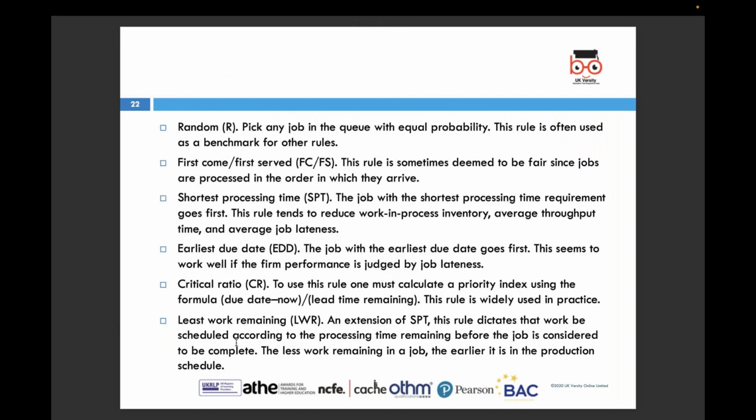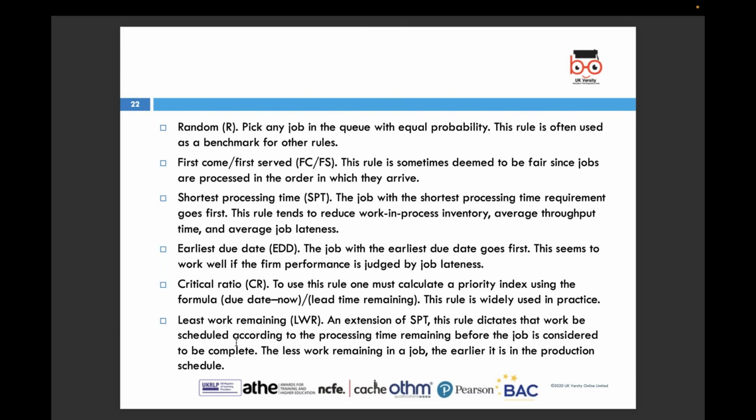We will explore six specific rules. Random rule: as the name suggests, this rule selects any job from the queue with equal probability. It is often used as a benchmark to compare the performance of other rules. Random selection ensures a fair chance to each job to be processed, but it doesn't consider any specific job